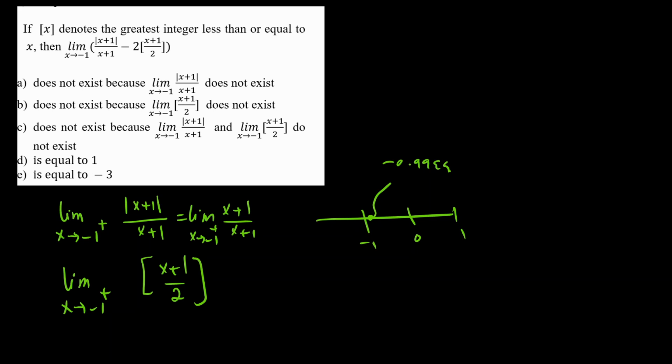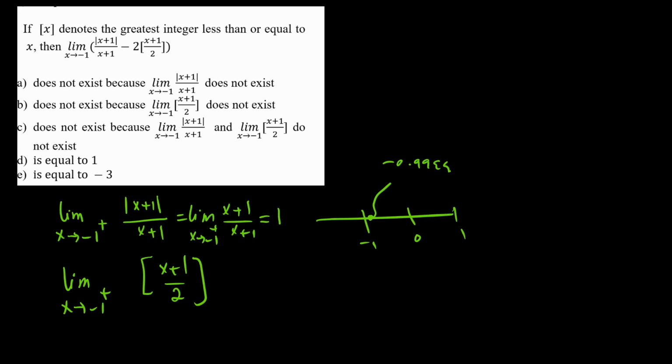Let's look at the numbers that we are trying to approach. This is minus 1, and this is 0, and this is 1. So you're going to minus 1 from the right, so you're looking at numbers very close to minus 1 from this side, numbers such as minus 0.999, and now x plus 1 is going to be positive with such numbers, and therefore we don't need the absolute value. So this is going to be the limit of x plus 1 divided by x plus 1 as x goes to minus 1 from the right, and x plus 1 can cancel with x plus 1, and the result is